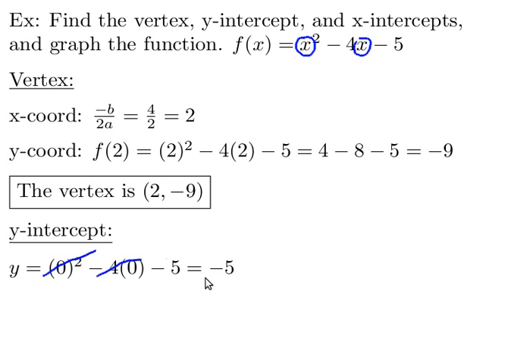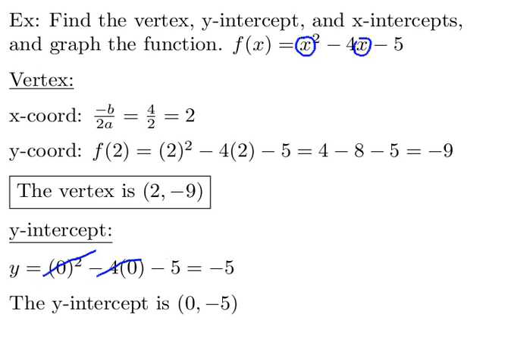But again, this is not a final answer. Just like before, I want to have a crystal clear final answer, and I will say the y-intercept is